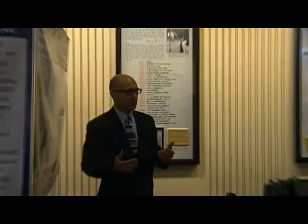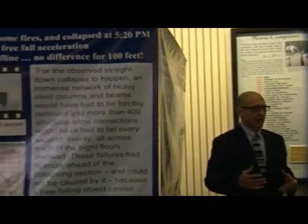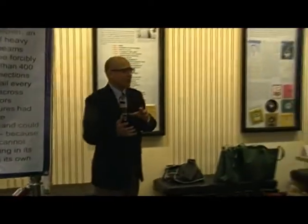by NIST, the National Institute for Standards and Technology, that this building came down from normal office fires is absolutely ludicrous. Fires, they're an organic, chaotic process. They move through a building area every 20 minutes or so, burning up the fuel in that area, moving on looking for new fuel sources. So buildings that fall due to fires fall over in large deformations, slow, gradual, painful